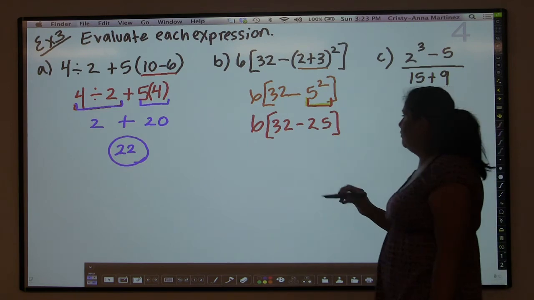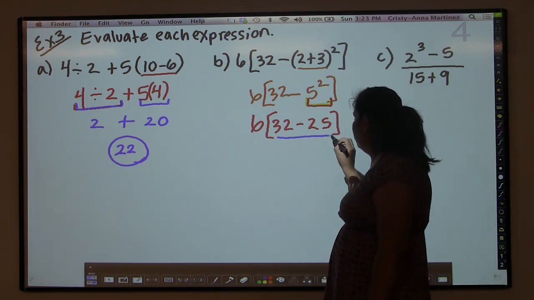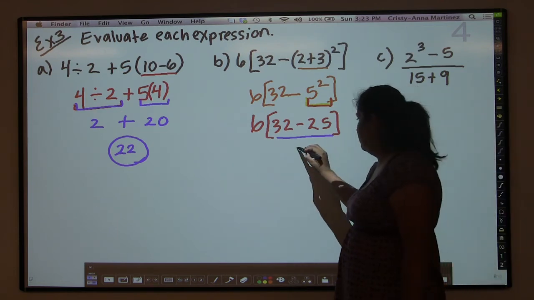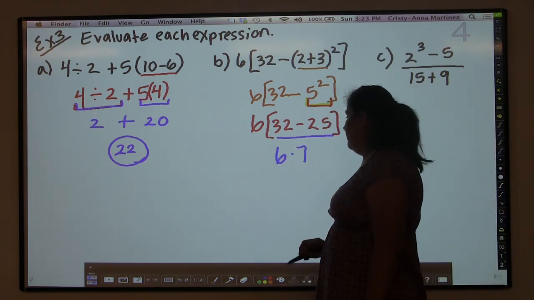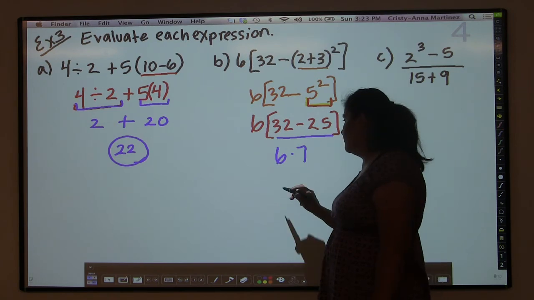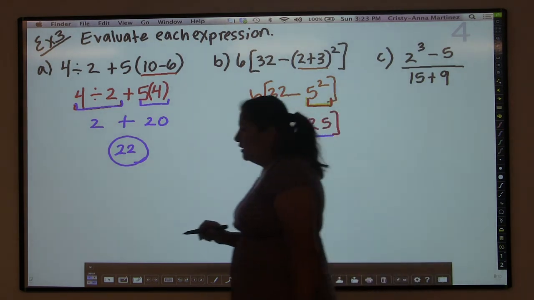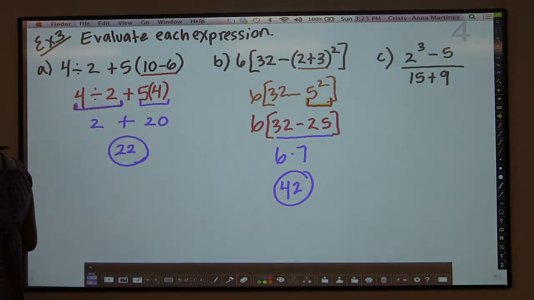And then we're going to go 32 minus 25. And that's going to give us 7. And lastly, 6 times 7 is 42. So one of the things that you will notice in this example is that you actually had 2 sets